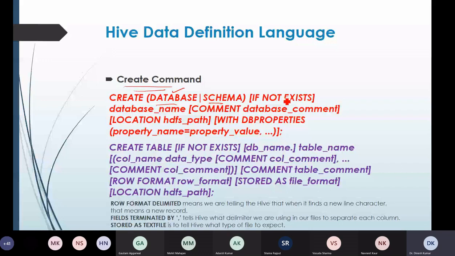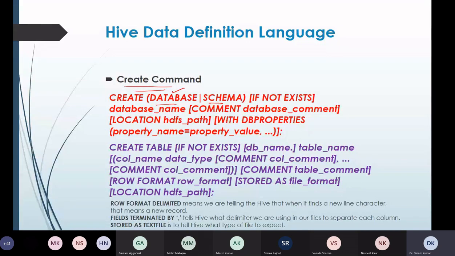Then we have to specify the database. Again, we can see there is a square bracket, so this is a comment about the database. If you want to give a title for the database, we can give it over here. For example, we can write, this is my first database, or a database for managing students. That kind of comment we can give about the database in this square bracket. So these are optional things, we can skip them. There is no issue in that case.